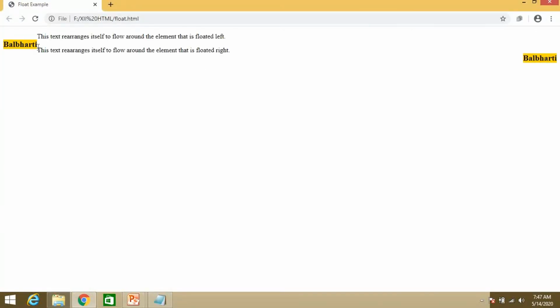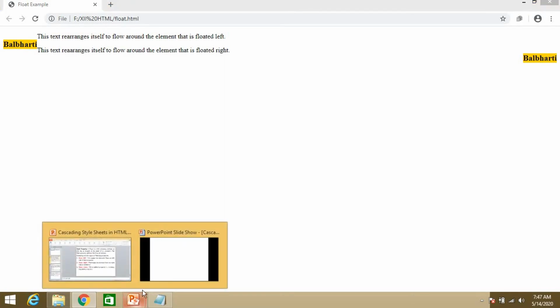As you are seeing, this Bal Bharti you have written to the left and this Bal Bharti you have written to the right. Basically this is the arrangement to be done. So this is the float. It's clear, background is gold, left and then right. So this is the example of float.